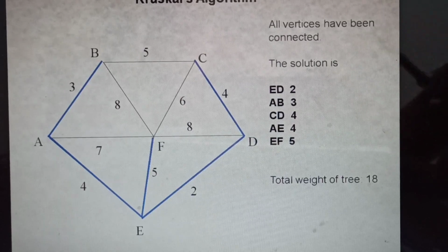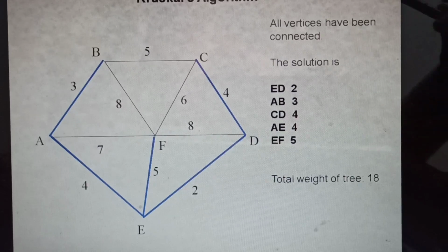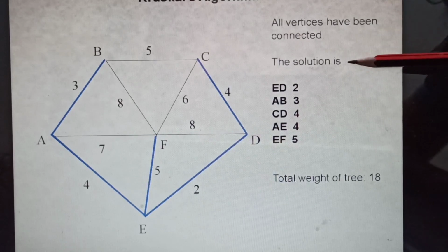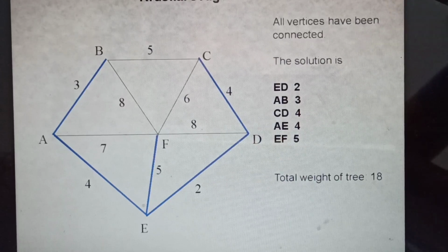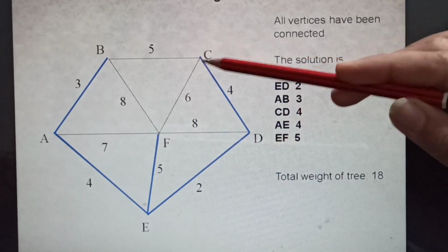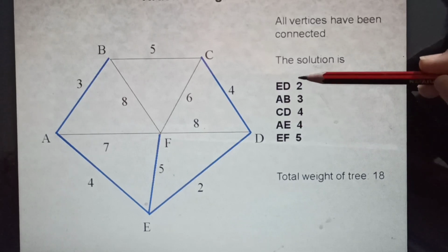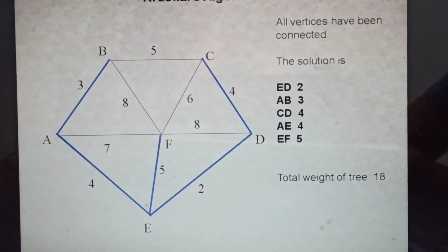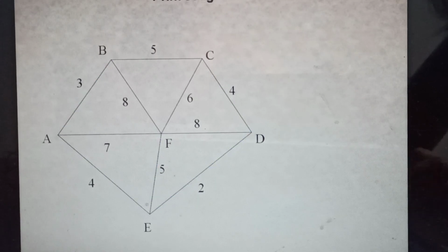So what we have to remember related with Kruskal's algorithm is that it works edge by edge. Firstly, we arrange all edges in ascending order. First the shortest edge we select, then the next shortest edge. Like this, we select edges one by one, but every time we have to remember one condition: no cycle should be formed. Whenever all the vertices are covered, we stop there, and the sum of all these weights is the total weight of the tree, or the total weight of the minimum spanning tree. So this is Kruskal's algorithm for this example.